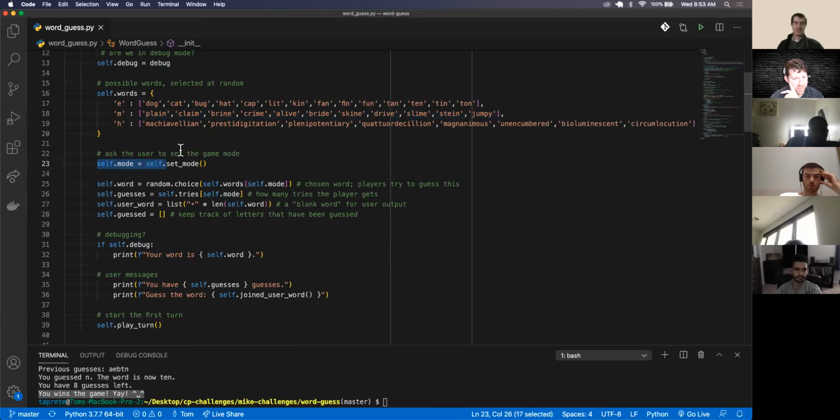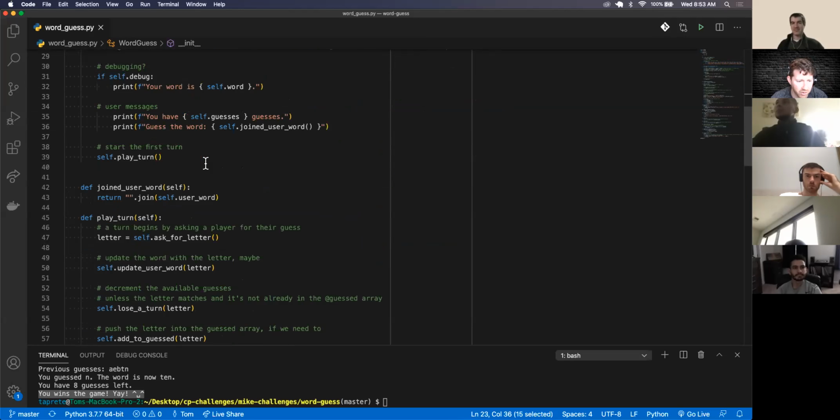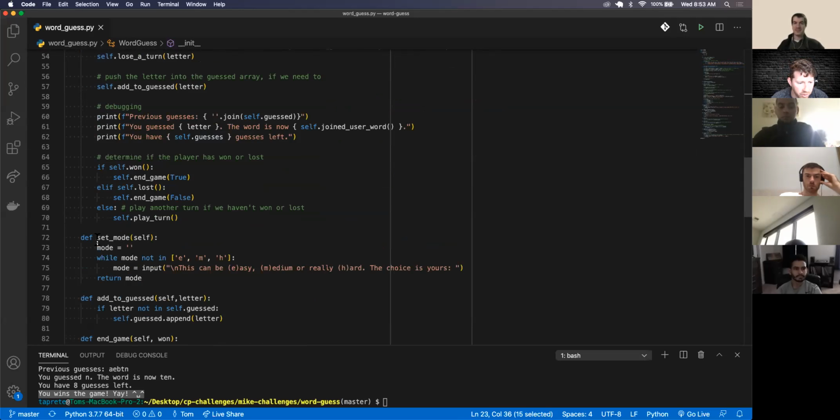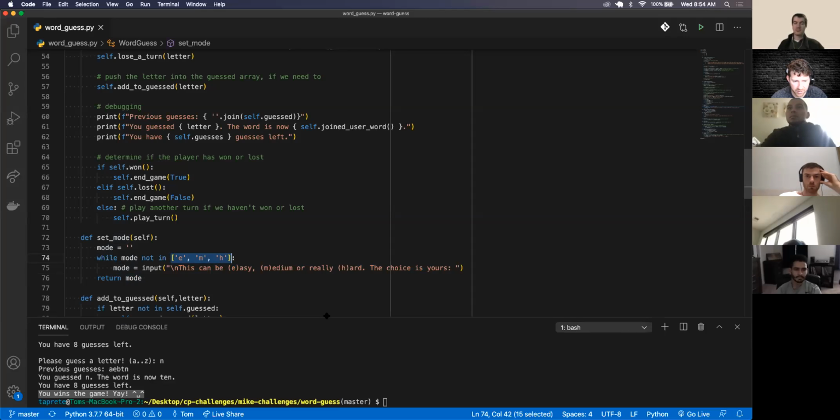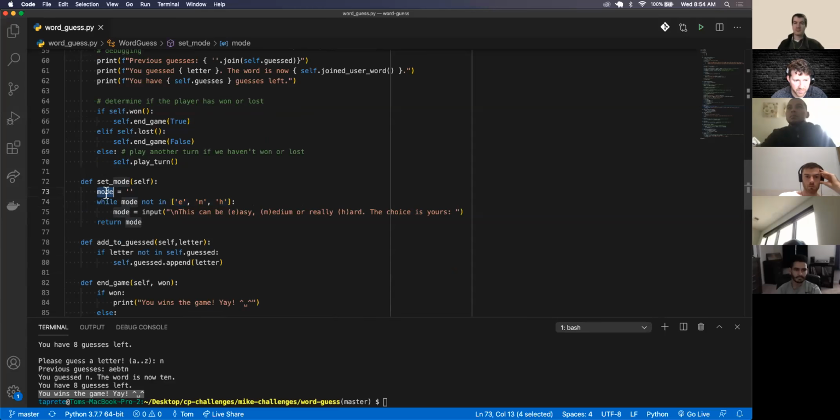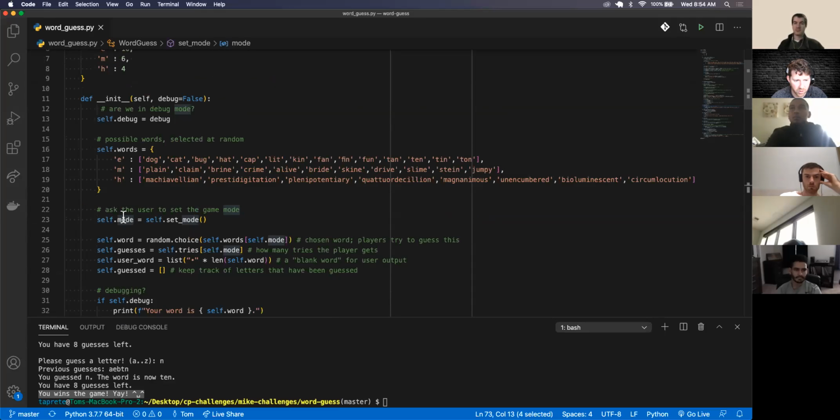So it asks the user to set the game mode that executes the set mode instance method. So I'm going to go down and look for self.mode. So it says self.mode, mode, empty string, well, mode not in easy, medium, or hard. Input, this can be easy, medium, or hard of your choice, return mode. So if it's not, what my guess is